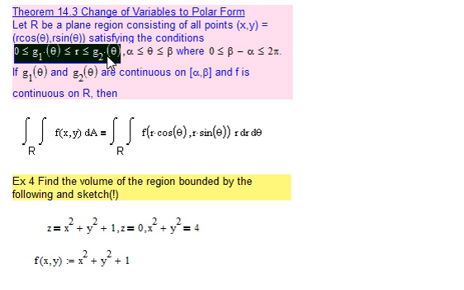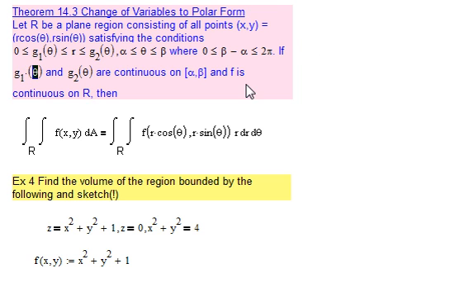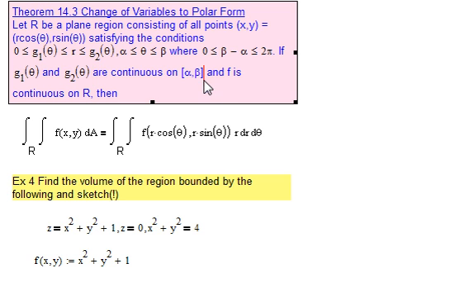So if this is true though, and your theta is a number between alpha and beta, where of course beta minus alpha is less than 2 pi, can't do more than one revolution, and the inner and the outer are continuous functions on the interval alpha to beta, and f, the function we're integrating, is continuous on our region R,